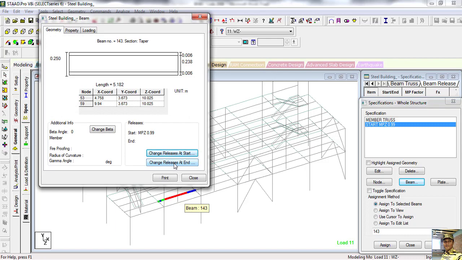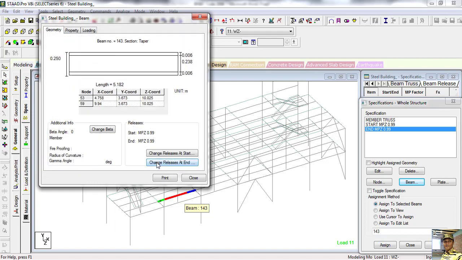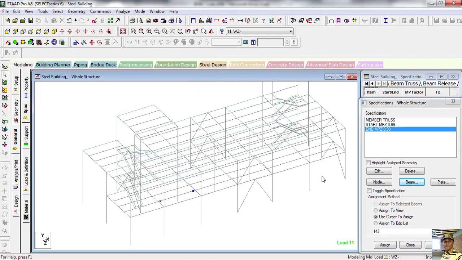Same way change release at end, same way partial moment release MPZ 0.99, add, close. Now see, one node is here and one node is here. That means this subbeam does not take the moment. This z direction beam also does not transfer the moment.